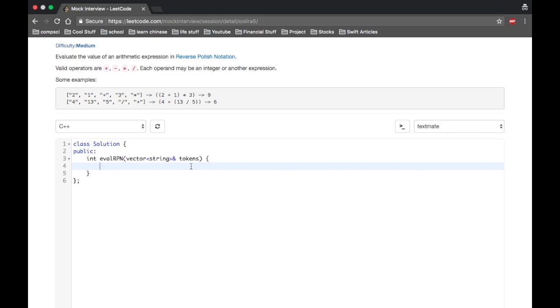But yeah, we can do that recursively, or we can just do that in a while loop, right? So while tokens dot size is greater than 1,